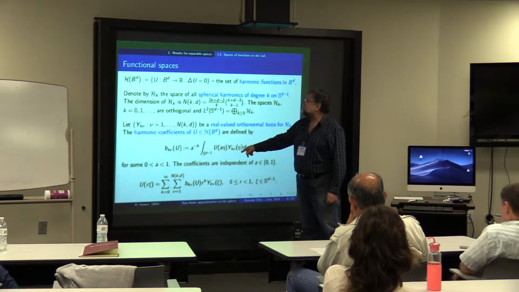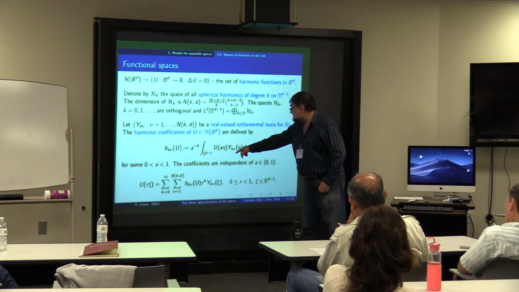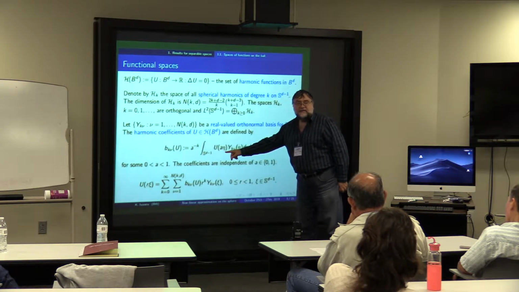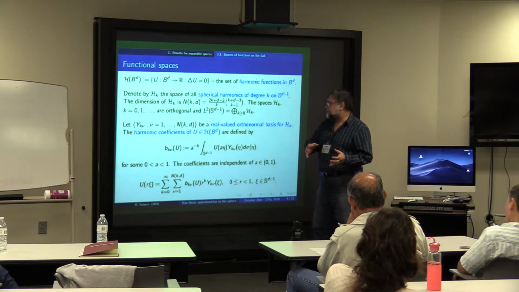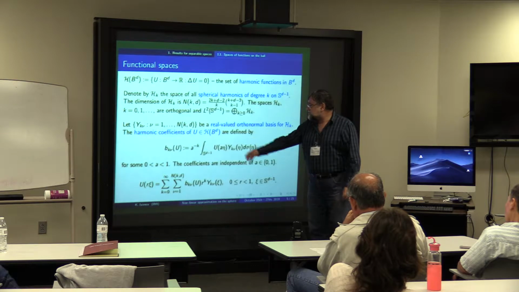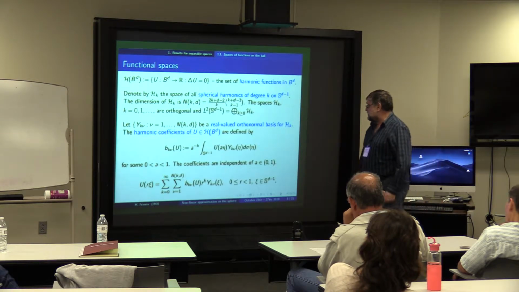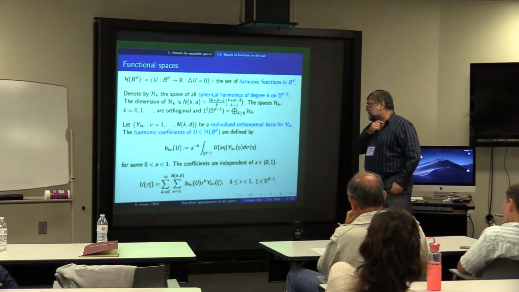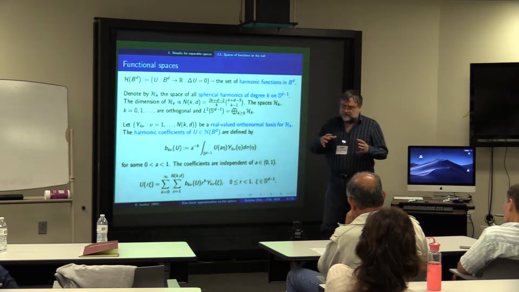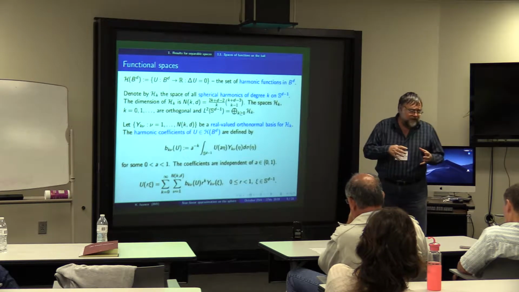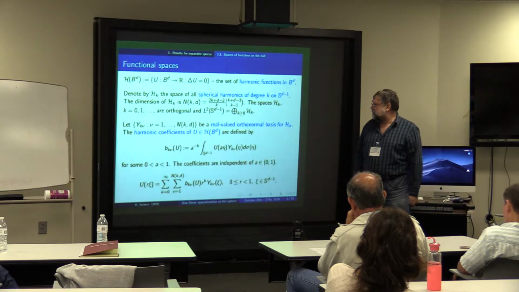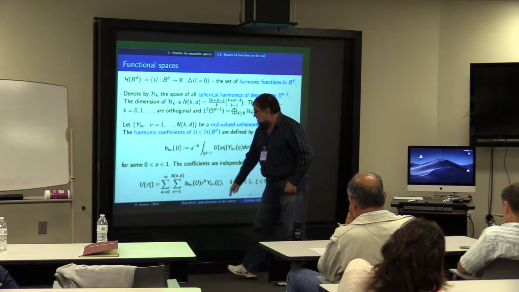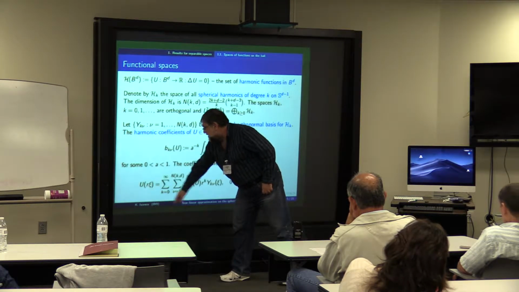Here we have the orthonormal basis, the function u, and we take an integral on the sphere, but a little bit inside the domain. We go a little bit inside. Okay. These are the coefficients of the function u according to this basis, as it's written here at the bottom. What is important is that this coefficient does not depend on the parameter a. This is how much you shrink and go inside in order to write down the coefficients. Any a between 0 and 1 will do the job. And at least formally, we can write the harmonic function in this way.